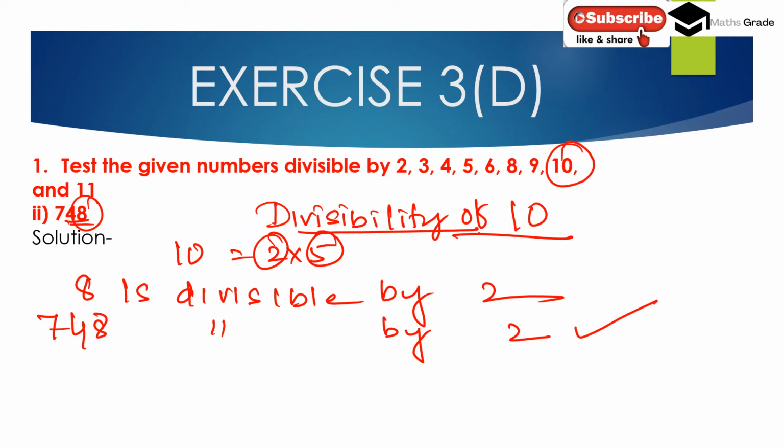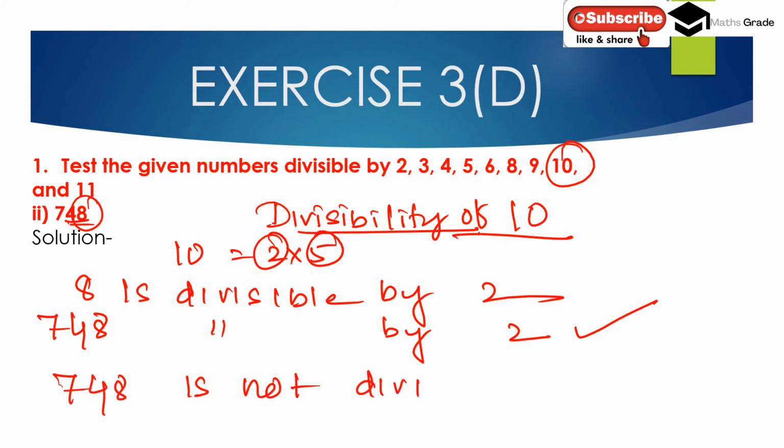Now we will check whether the number is divisible by 5 or not. If the last digit, that is the unit place digit of the number, is 0 or 5, then the number is divisible by 5. Here the last unit digit is 8, which is not divisible by 5. So the number 748 is not